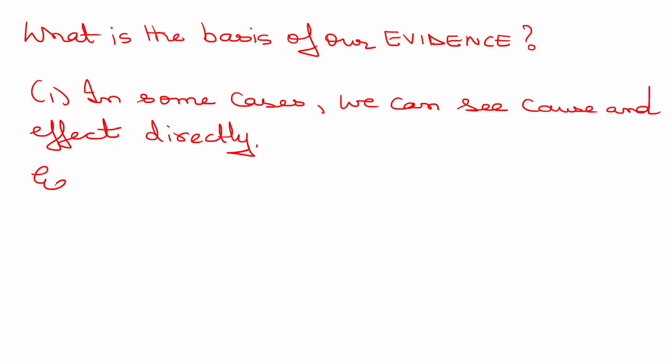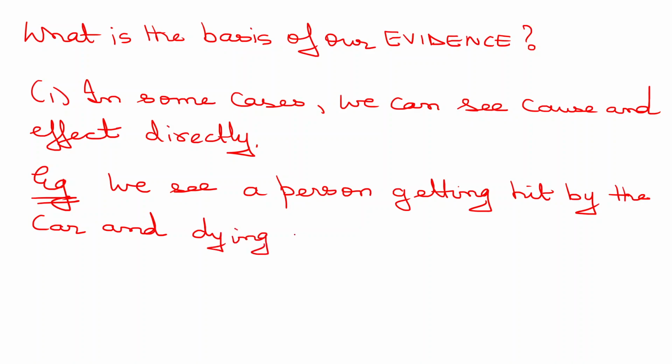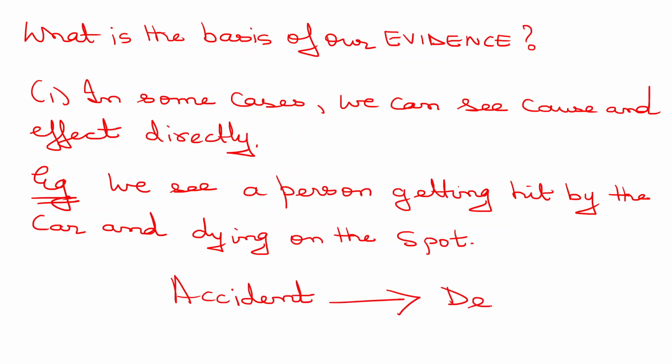So for example, we see a person getting hit by a car and dying on the spot. In this case, as per your observation, you can see that the accident was the cause and the effect was the person's death. But